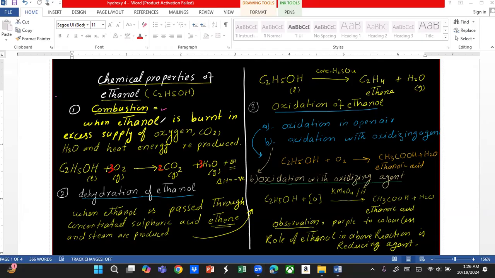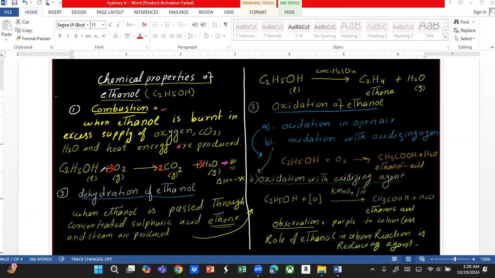So whenever ethanol is burned in excess supply of oxygen, what will be produced? Carbon dioxide, steam, and heat energy are produced. So what type of reaction is combustion? You know it is an exothermic reaction. So the exothermic reaction is always written with negative enthalpy. You know that very well. Delta H. For example,